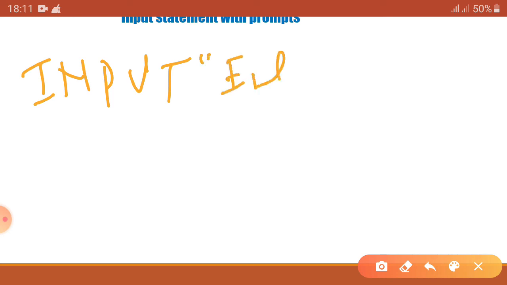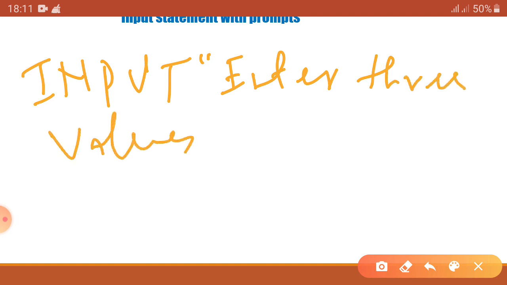I am writing INPUT "enter 3 values". You have to write it in one line. Here space is short, that's why I am writing it this way, but you have to write it in one sentence.